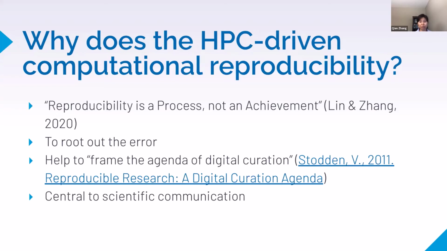This is the main reason research papers were first published, and then data was passed around the community for those who are interested in or active in the science. More importantly, a lot of scholars are not sure what they are going to share or when. However, the concept of reproducibility helps to make this clear and helps us frame an agenda for digital curation. In this way, scientific communication and access are augmented at an internet scale.